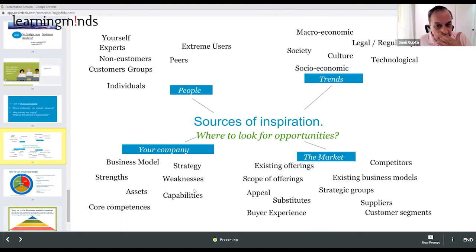Your own company is an opportunity for you to look at. Where? Look at your existing business model. Do a SWOT on your business model. What is working, what is not working, which product line is not selling. Suppose you are exporting medicines, then is it bulk pharma, is it packaged pharma, what are the weaknesses,